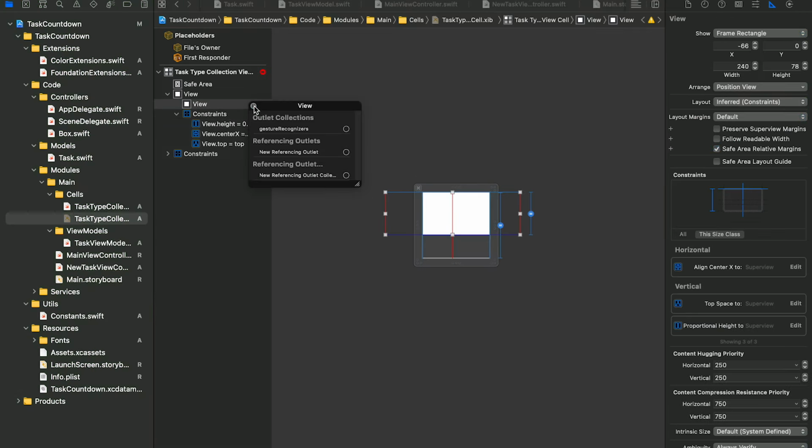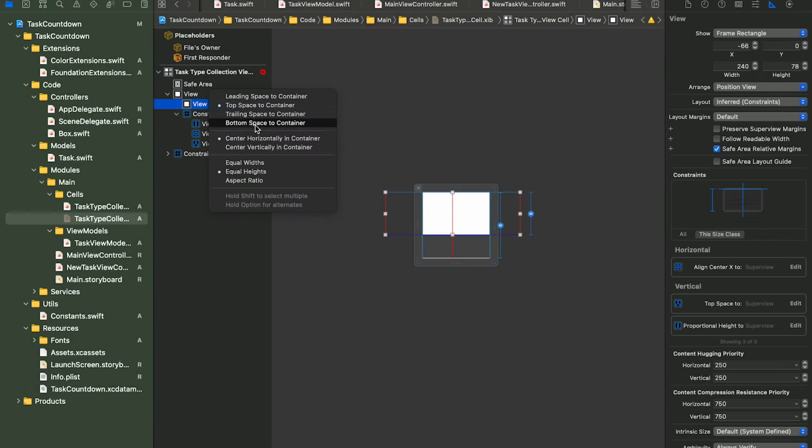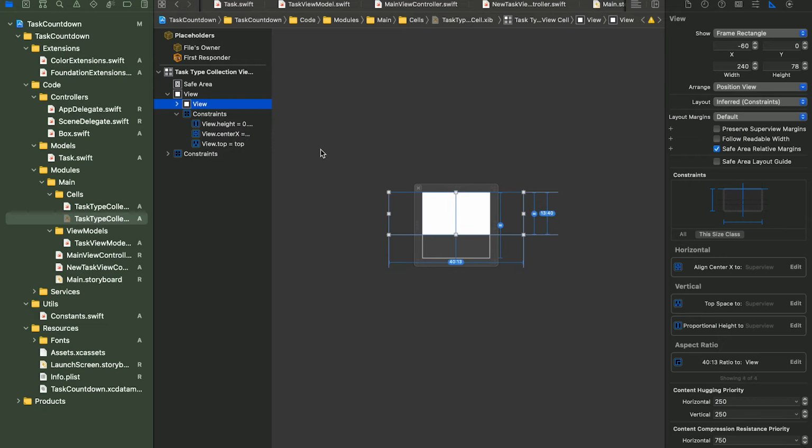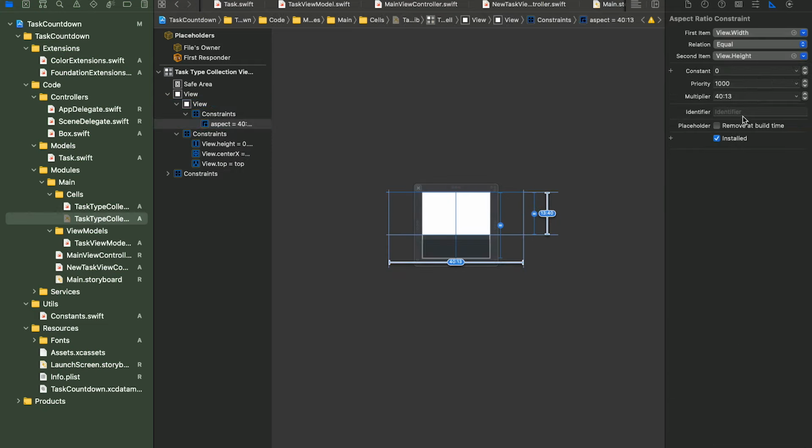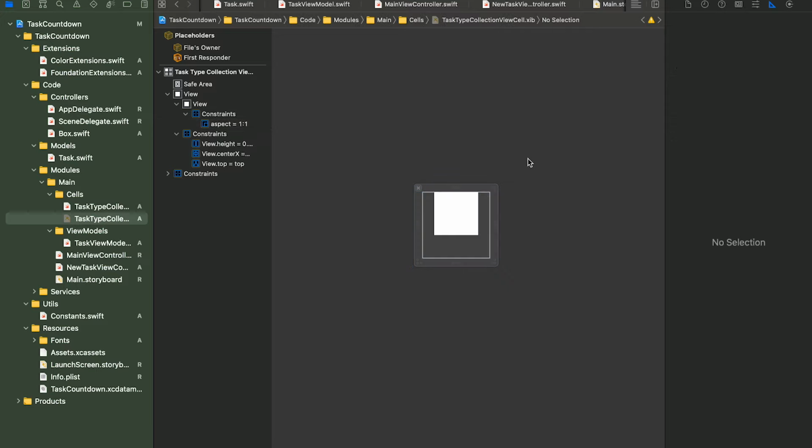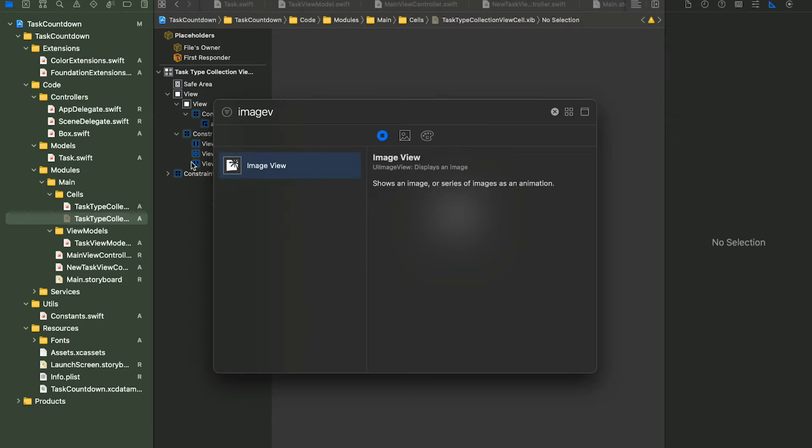We need to set the constraints for width next. Setting an equal width isn't the best idea if you're trying to maintain the aspect ratio, and we can actually provide a new type of constraint for that. It's the aspect ratio constraint. Select the view by holding Ctrl and drag it to the right, then click on the aspect ratio. Currently it's set to 40:13, let's set it to 1:1. Now the width will always have the same value as that of the height. If we change the ratio to 2:1, the width will be twice as big as the height. Let's change it back.